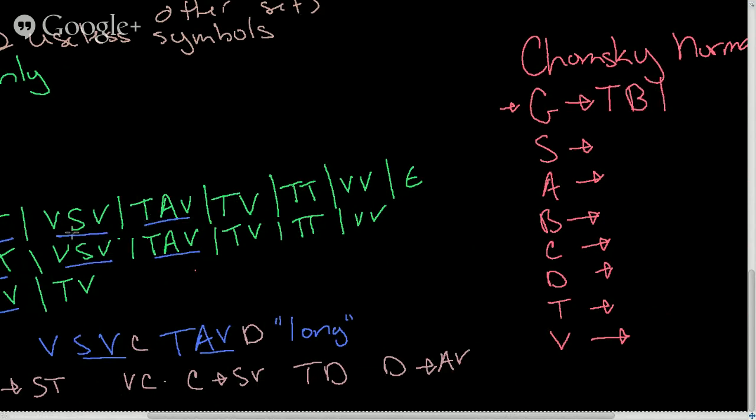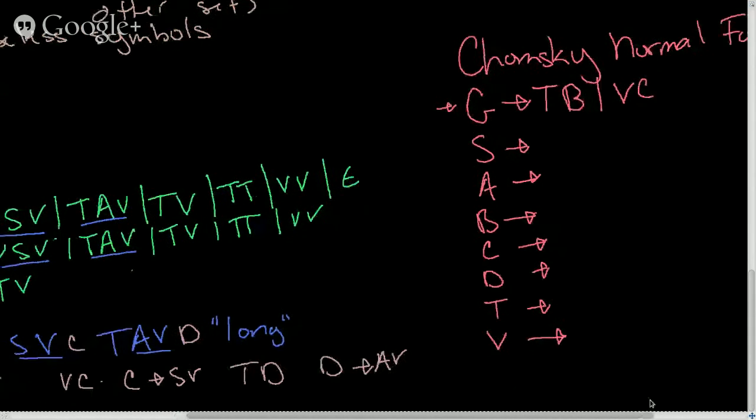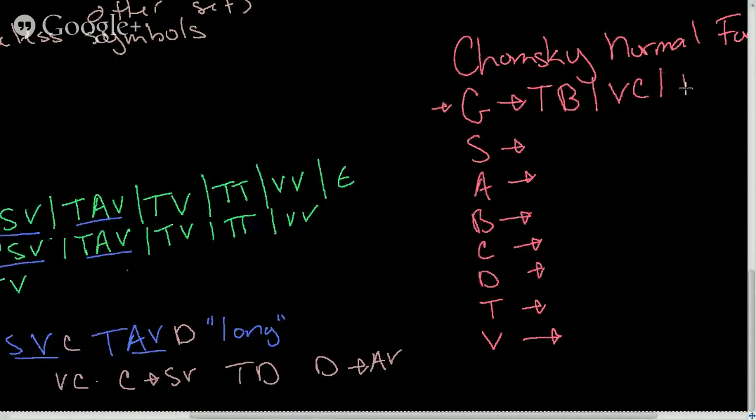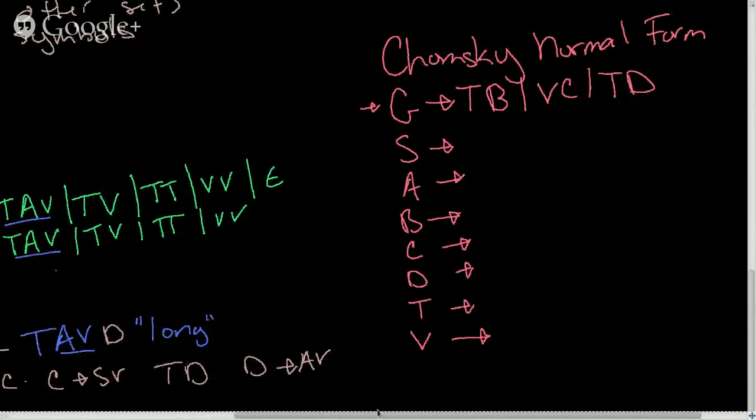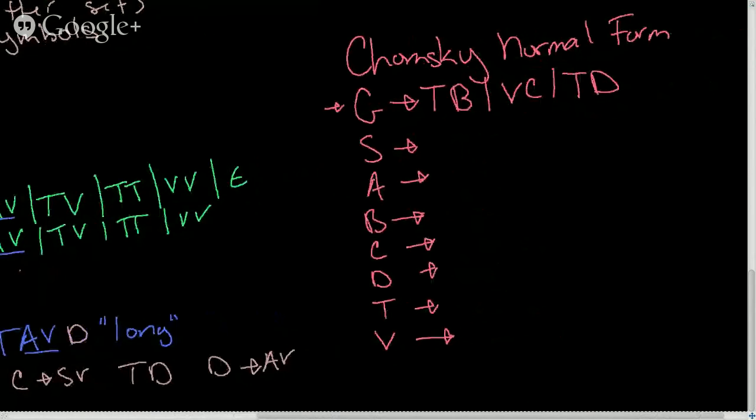Or T had BSB, BSB is going to become BC, so G had BC. G had TAV, TAV is going to become TD, so G also had TD. And then all these other rules that G had are already of length 2, so we can just copy those down here. So these rules right here, so TB or TT